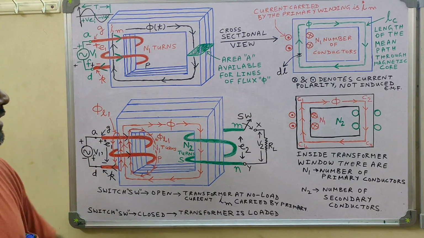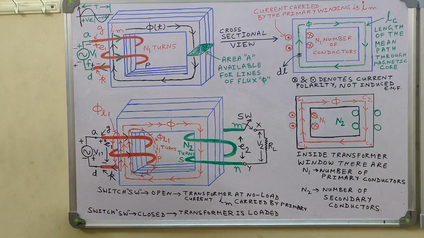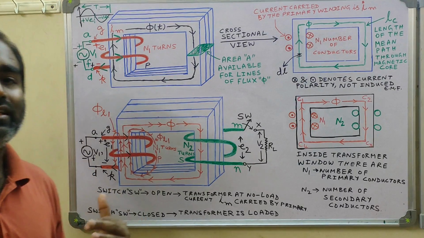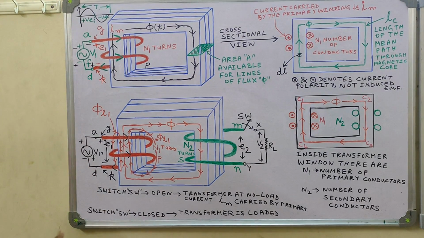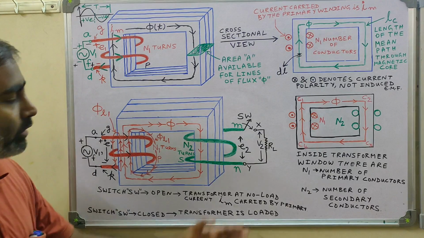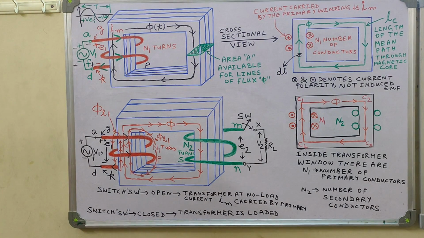Likewise, if the transformer is not energized, then there is no question of transfer of electrical energy from one circuit to another circuit, because there is no voltage source connected. Voltage source not connected means source of energy is not connected, so there is no transfer of electrical energy from one circuit to another. That means the load will also not be there, so you cannot mark which winding is a secondary winding.